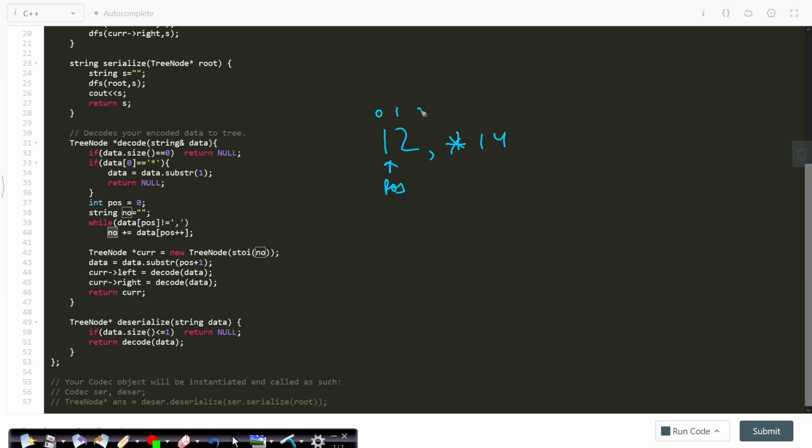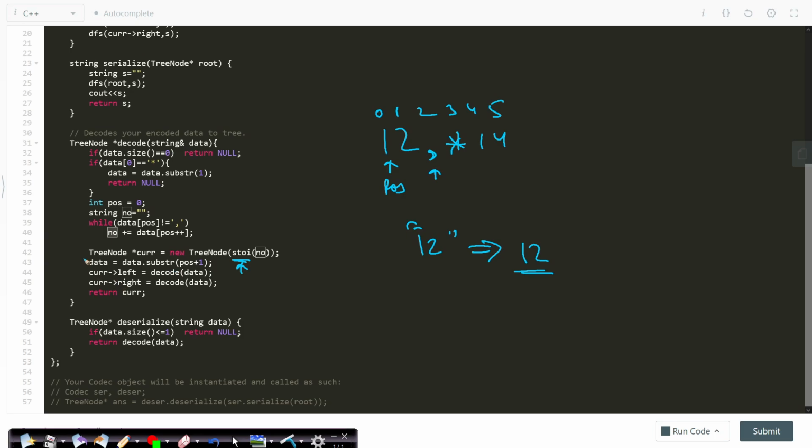This is index 0, 1, 2, 3, 4, 5. I will end only when we see a comma, because I know that while serialization, after each number I had stored a comma. Okay, so I will take string 12 and save it, and now I will use the string to integer function to convert it into integer 12. There is the stoi function for this, or I had also explained how to convert it using mathematics. Okay, you can also do that.